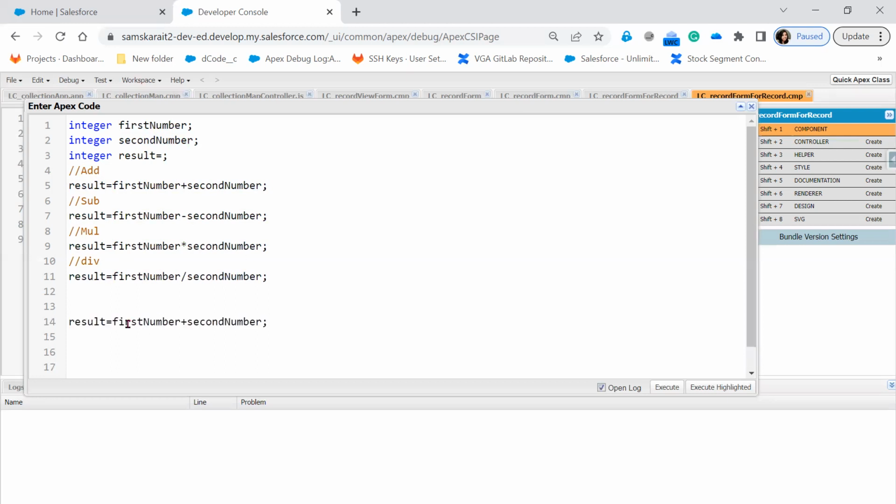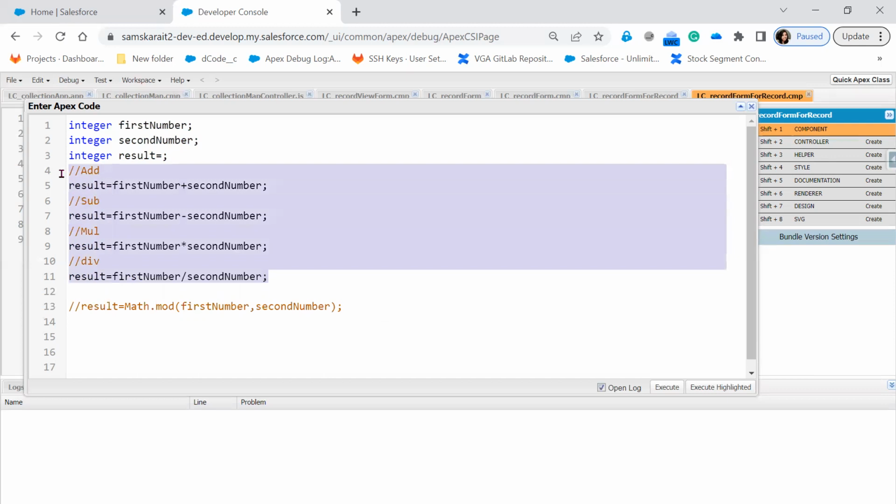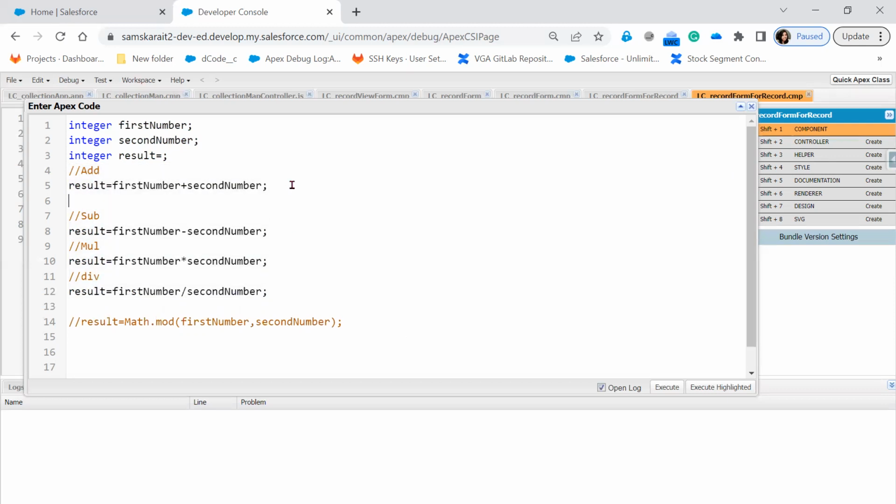And for the modulus, let's take Math.mod, first number and second number. If we are not clear what this is doing, we'll see that later. Assume these are the four things. Now, whenever the addition is there,